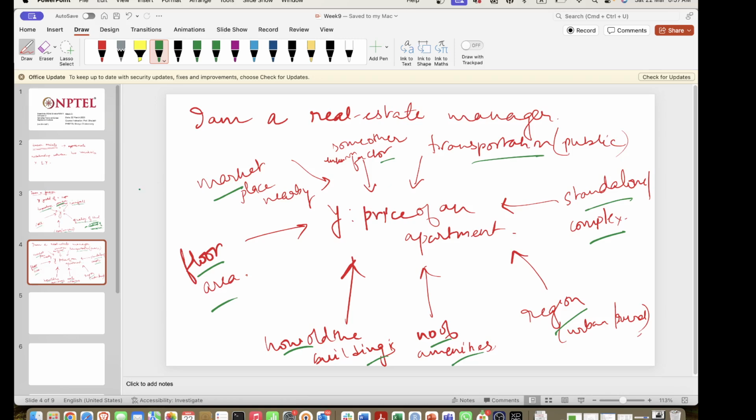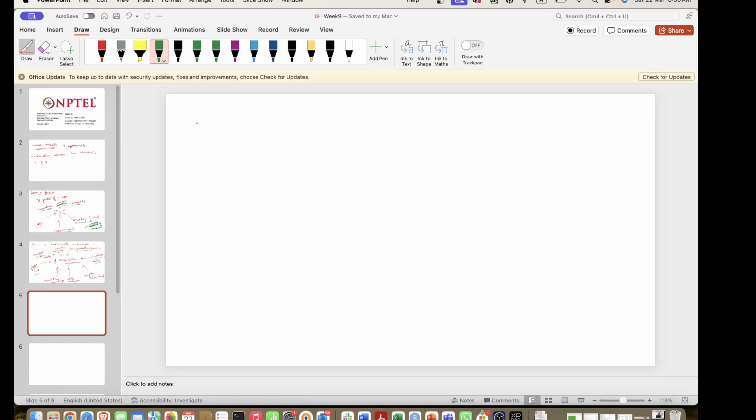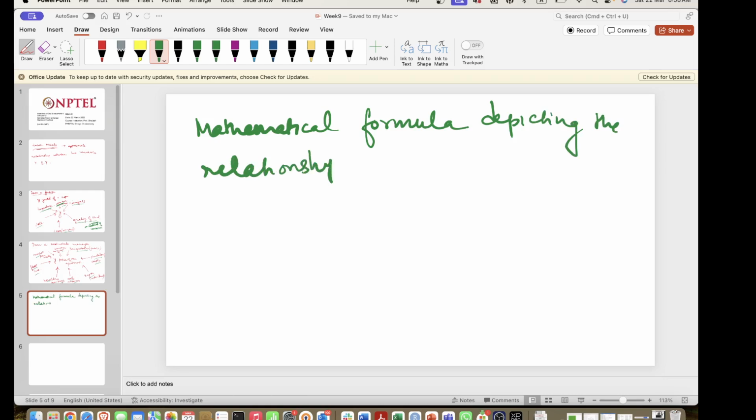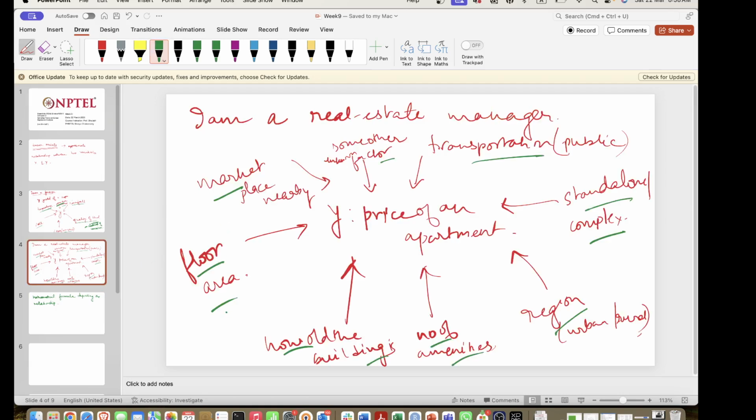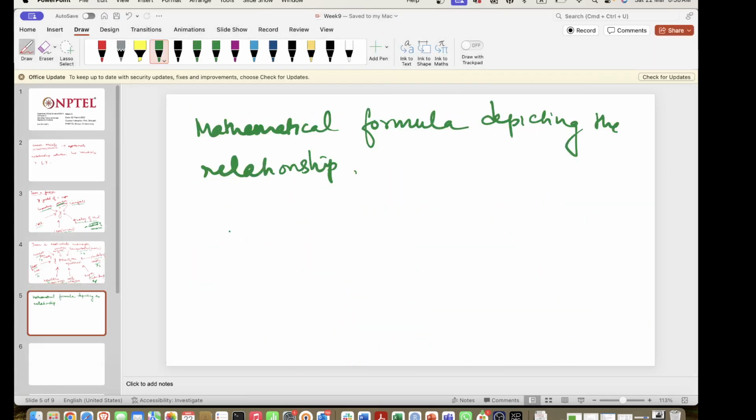now if I want to mathematically quantify these two diagrams into a certain mathematical formula which depicts the relationship, then very crudely, if I call my influencing factors x's, then I can say that my variable y is actually a function of the x's. Okay,